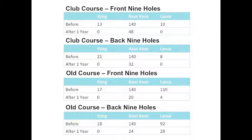Huge issue, especially at the old course and the club course. The treatments were few and far between. The nematode counts were high. As you can see here, sting, root knot, and lance were off the charts, all in treatment areas for us. This was prior to our first Holganix applications,